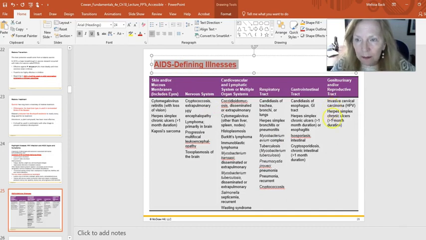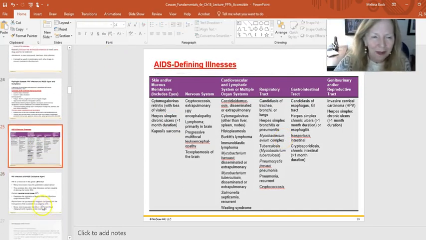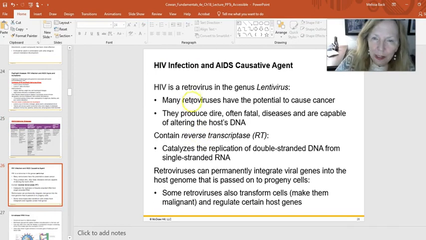So typically, these are very common things that we see in people who are immunocompromised, especially people who are now going into AIDS. So people should be aware of these. Now, it should also be noted that just because somebody might have chronic cold sores, do not believe that they are HIV positive. People can have chronic cold sores and not be HIV positive. So I don't want you to think they're mutually exclusive. They're not. Anyway, but those are things that we think about.